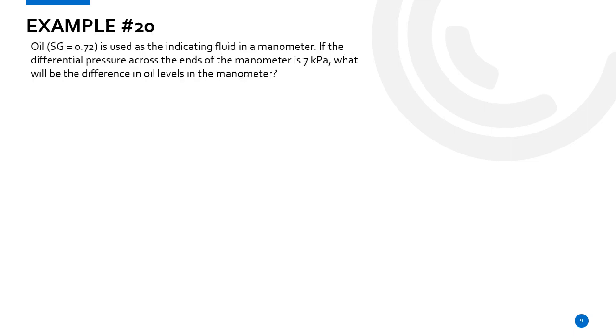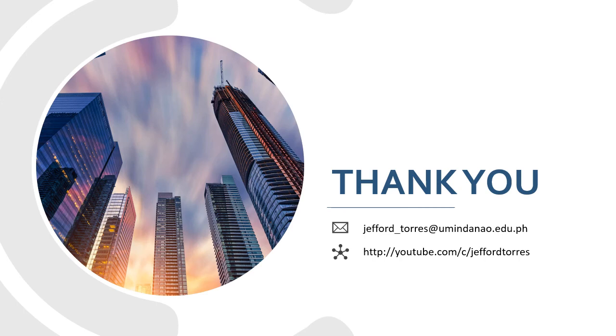Then another assignment, oil has the specific gravity of 0.72 is used as the indicating fluid in a manometer. So the differential pressure across the ends of the manometer is 7 kPa. So naa nay P1 ug P2, no? What will be the difference in olive oil levels in the manometer? Okay? So mao lang na sa atong i-discuss, no? Study in advance kato na pong mga